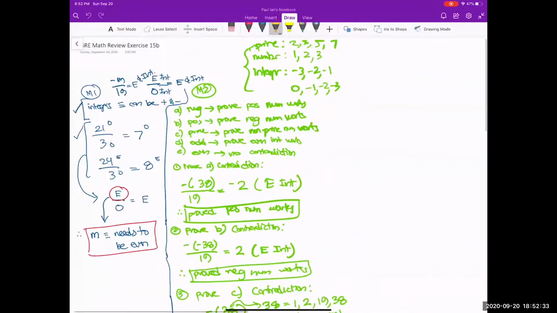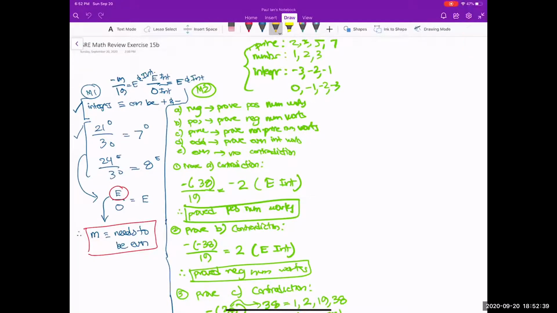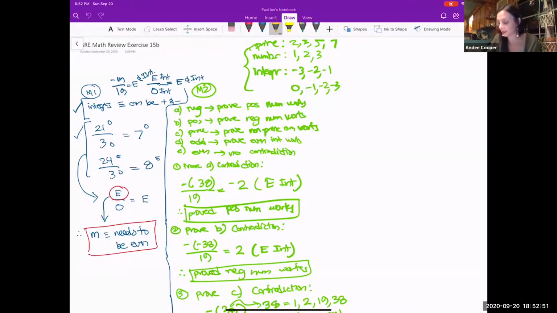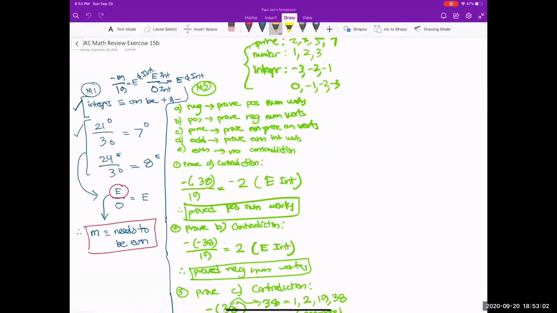Okay, let's look at this other one. How did you look at this one? Let me see. This one is a hard one, honestly. I got that it had to be an even integer, but I also said it could be a negative number, and that was not true. So let's hash that out. You're not incorrect with the negative one, but